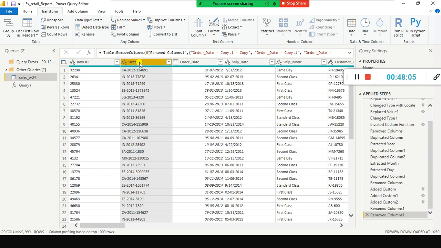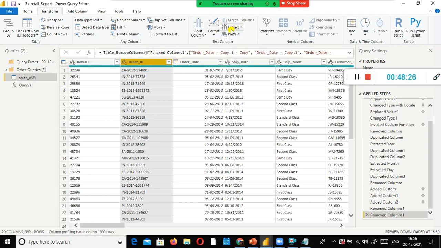So you might be wondering, on the left side of the column name itself we can see ABC, and ABC is text data type. Then why should I use detect data type? This is just another alternative way of checking which column has what data type. If you click this, it will tell you it's a text data type. That's all.